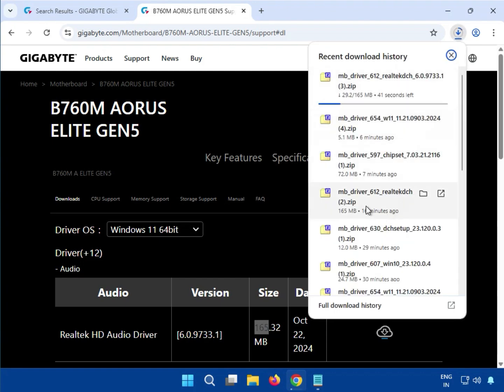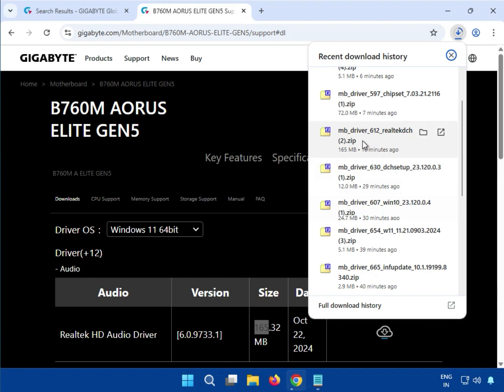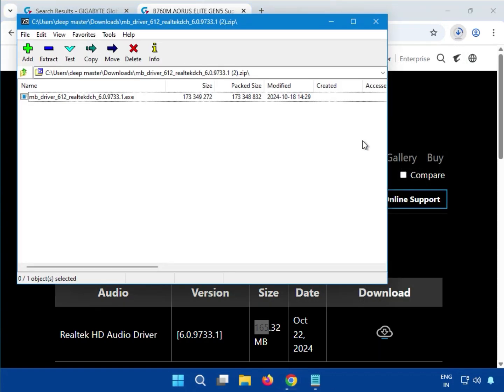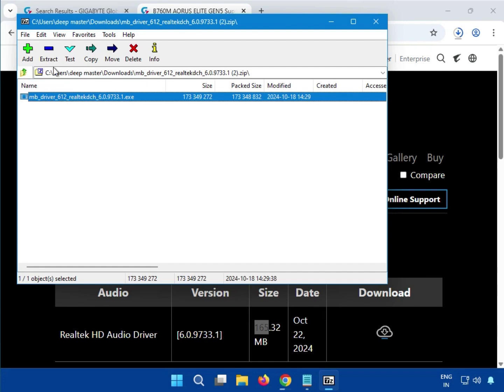So I already downloaded this one. Just after download, just single click to open, and you can see this is an exe format extract driver. So you can extract to a specific folder, and otherwise you can install directly. Just double click,